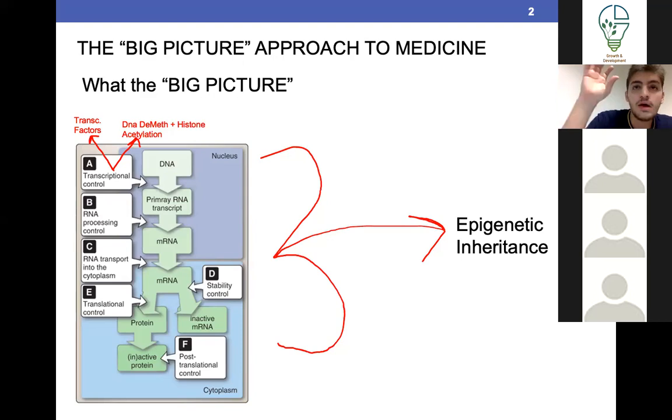So what am I talking about? I'm talking about how something that is not related to the DNA sequence, because of the stress on the population of the first generation, affected the inheritance in the second generation, and it's not related to the sequence. So that is epigenetic inheritance. You can look into it more if you want, but that's an example. You don't have to know this. I just wanted to make it more clear or more confusing.